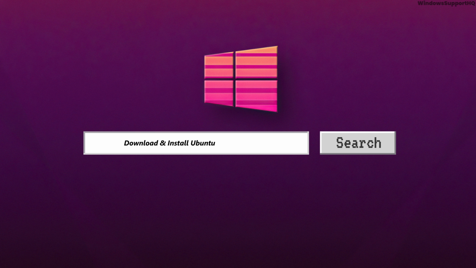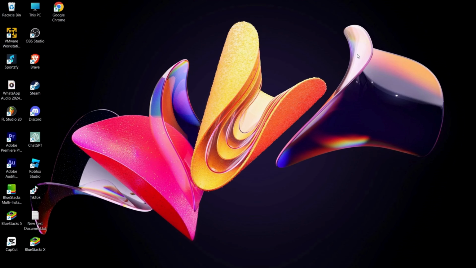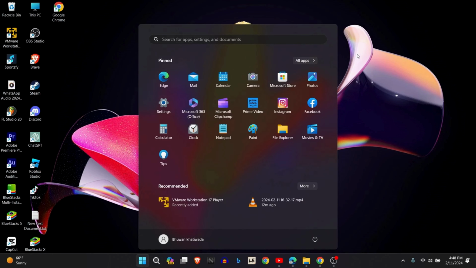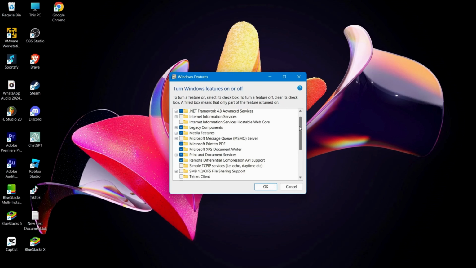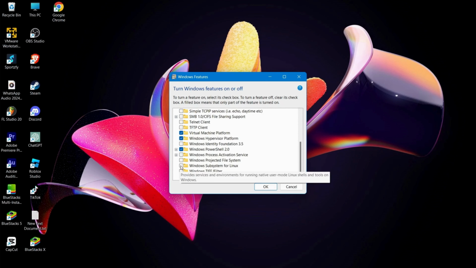How to install Ubuntu on Windows 11. So in order to install Ubuntu on your Windows 11, you need to enable certain features on Windows. For that, just go to Windows and type turn Windows features on or off. And from here, scroll it down and make sure that you enable the Windows Subsystem for Linux and click on